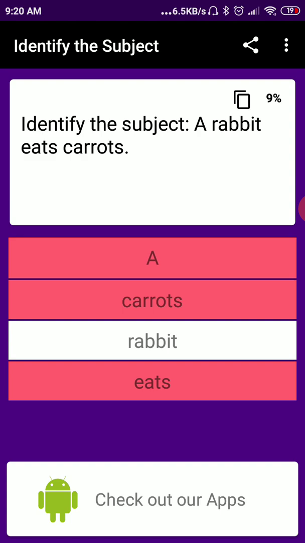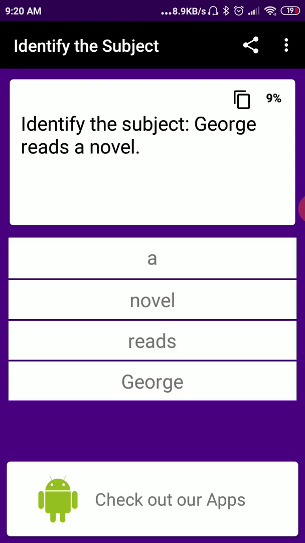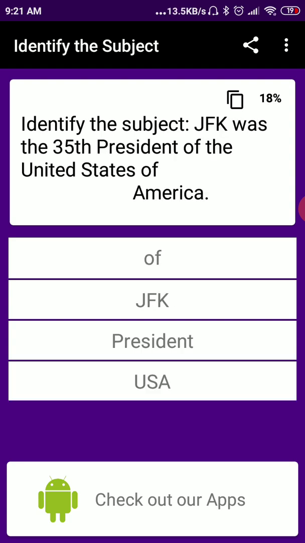Now, please note that the score is still 9%. Even if I solve this correctly, the score is still going to remain 9%, right? The fundamental thing in the practice mode for mock exams is that if you solve the question correctly in the first attempt, then only you will get the marks. Otherwise, you will get a chance to know the correct answer, but you will not get the score for it. So I still have my score as 9%. Now I go ahead and try to solve the question correctly. Then the score will increase because this time I solved the question correctly in the first attempt. This is a very important part, right?